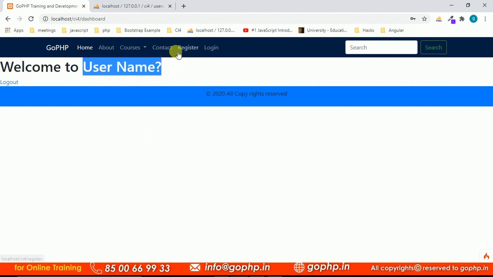And moreover, you are already logged in. If you are already logged in, I don't want to display the login and registration buttons here. I want to display a logout button with a drop down menu: logout, change password, edit profile, upload avatar, such kinds of menu items. Those menu items you can see only if you log in. Register and login you can see only if you are logged out. If you are logged in, we have to hide register and login and display other menu items. This is what we have to implement, guys.